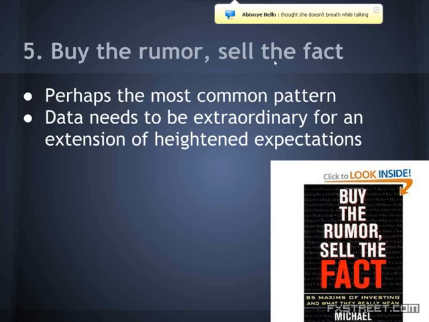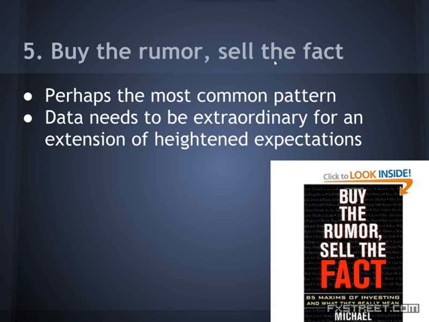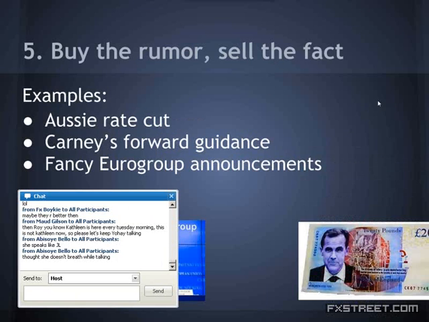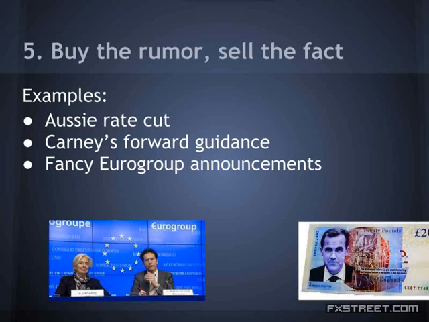Let's think of it. Just recently, the Australian rate cut. Everybody was pricing in a rate cut in Australia. Inflation was weak. Central bank made hints. Australian dollar weakens. Aussie against the US dollar fell below 90 cents. And then the Australian Central Bank, the RBA, made its decision, cut the interest rate from 2.75 to 2.50, exactly as expected. And what happened? The Australian dollar leaped. Common sense would say rate cut means lower motivation to hold Australian dollars, but this was priced in so strongly that Aussie rose.